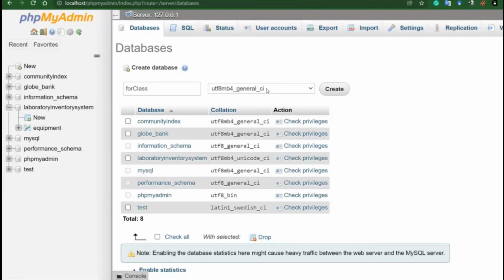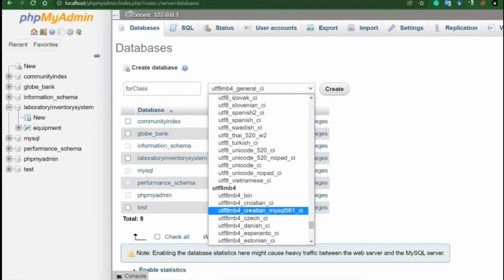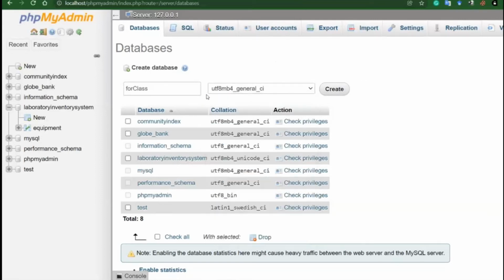It has a lot of detail. We will not go into too much detail, but you see, the default one is UTF-8 MB4 General CI. UTF-8 is the character scheme that determines how the characters will be stored and how many characters it will support, and it is a general one, and CI stands for case insensitive.